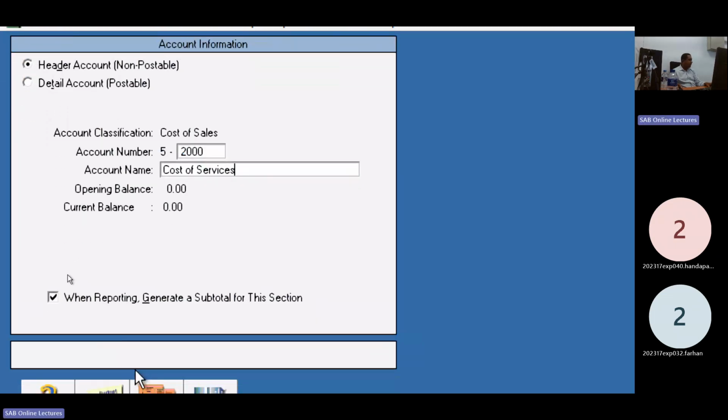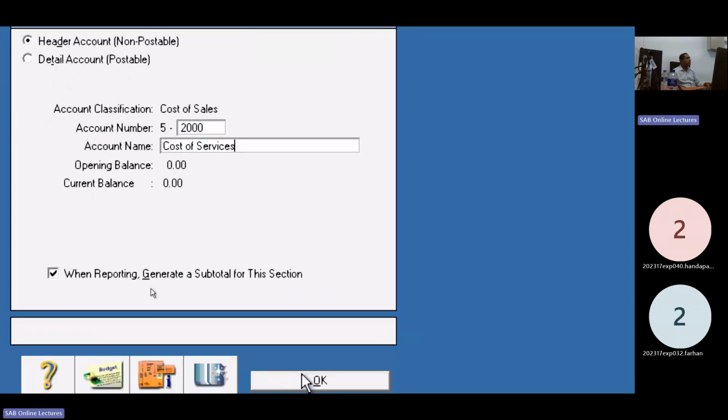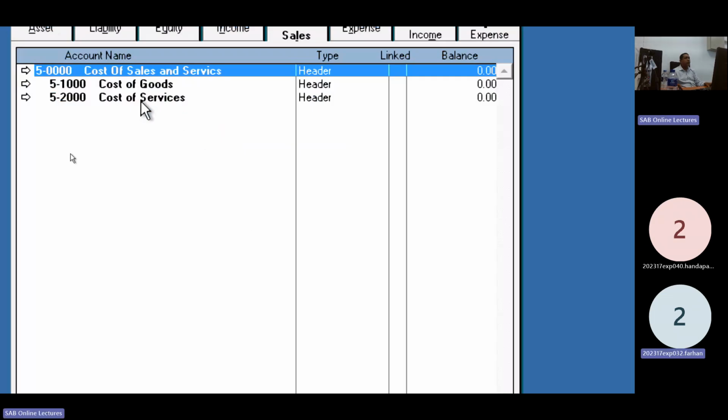Two header accounts in this section. Look here: two header accounts, 1,000 and 2,000.